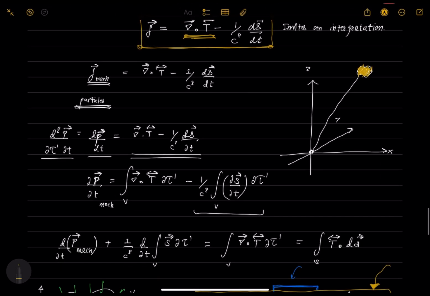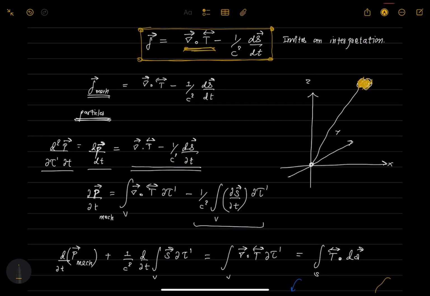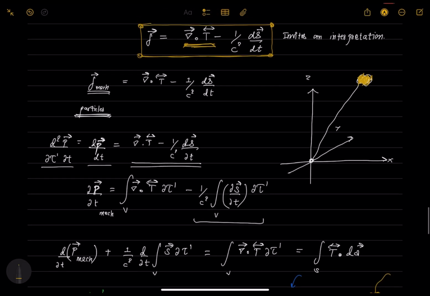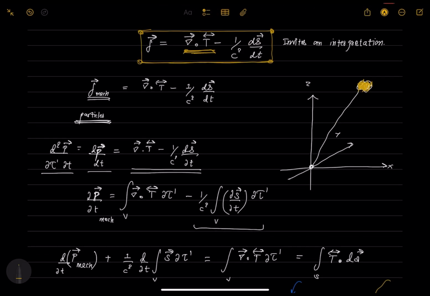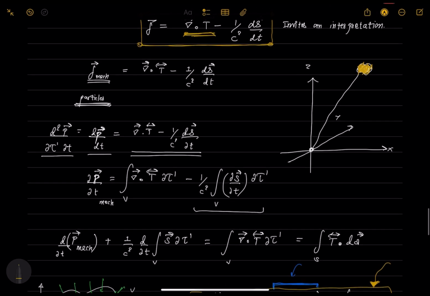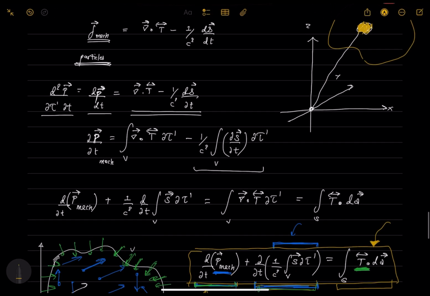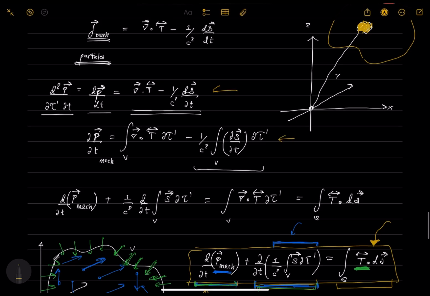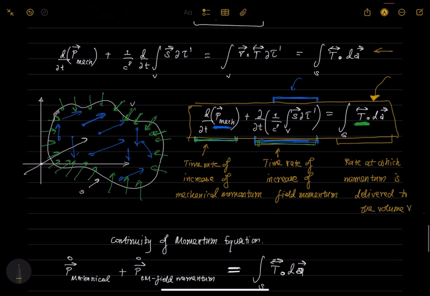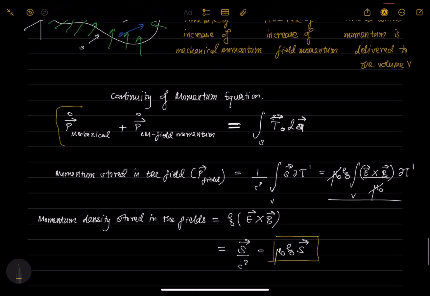And this equation, with some considerations about how force is the time derivative of momentum, and some considerations about what's written per unit volume and how to get from per unit volume to a certain finite volume by volume integrating, with some of those considerations, all of these equations are redundant. They basically are all the same equation. We reached this momentum continuity equation, which gives that the total momentum, which is the mechanical momentum of all the charges and the currents, plus the field stored momentum,